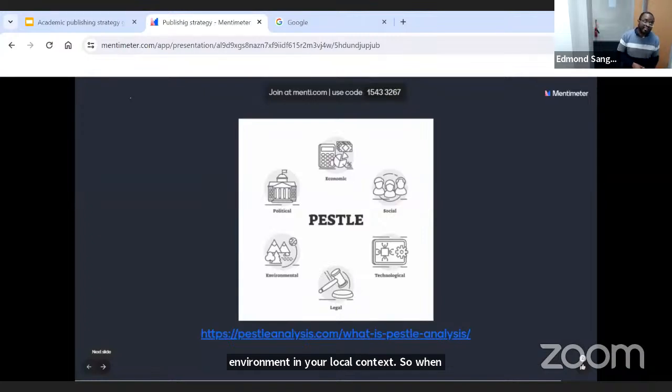Then the next thing, you look at the technology. What are the technological tools that you can use to help you achieve your publishing strategy, right? These days, there is a lot of talk about generative AI, ChatGPT, Google Gemini, Claude, all those tools. If you go to the AuthorAID website, we actually have a toolkit for different AI tools that you can use to help you in your writing process. So how do you develop a publishing strategy that uses the technology that is available to you?